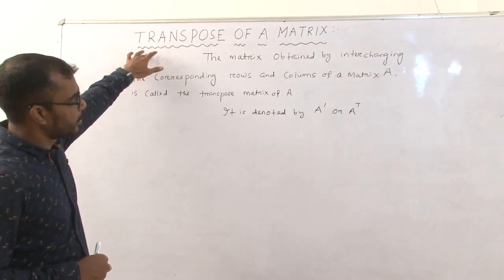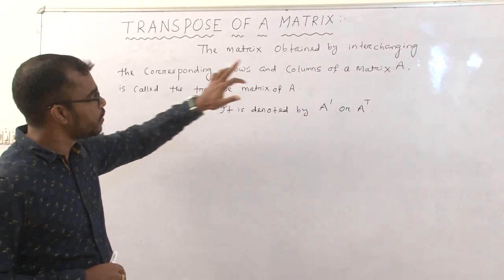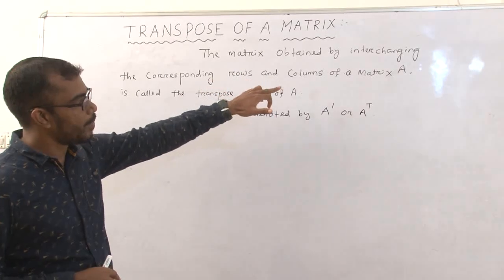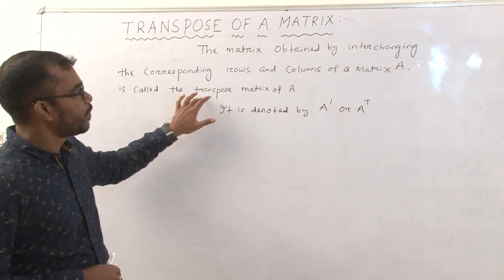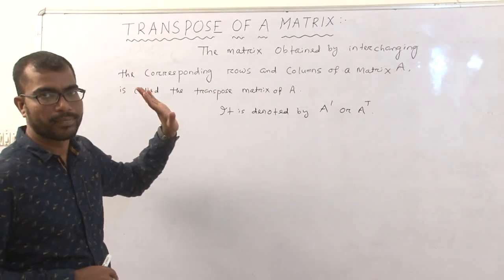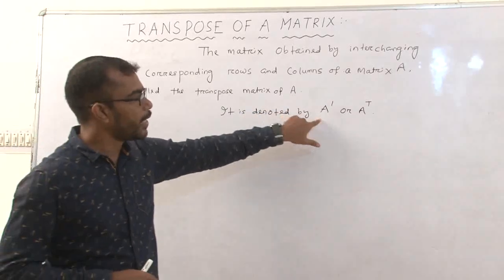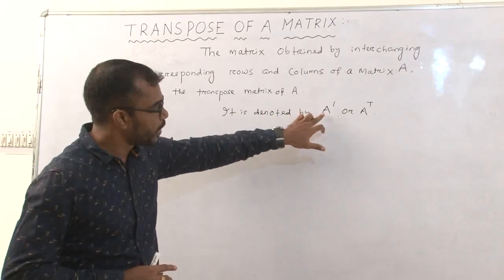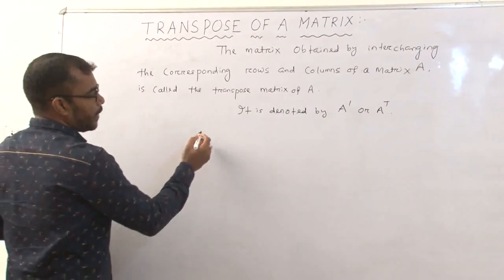Transpose of a matrix: the matrix obtained by interchanging the corresponding rows and columns of a matrix A is called the transpose matrix of A. It is denoted by A dash or A to the power T. It can be written in these two forms, A dash or A^T. That means,